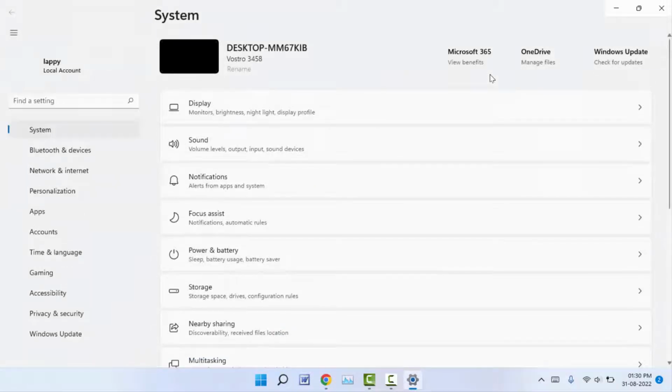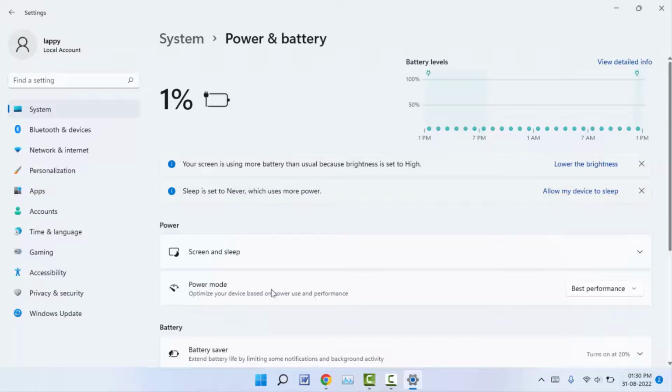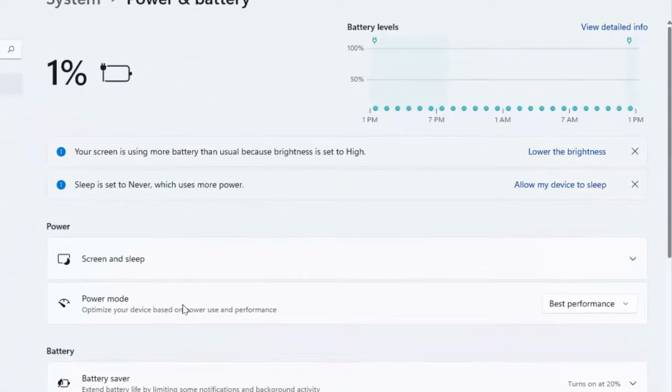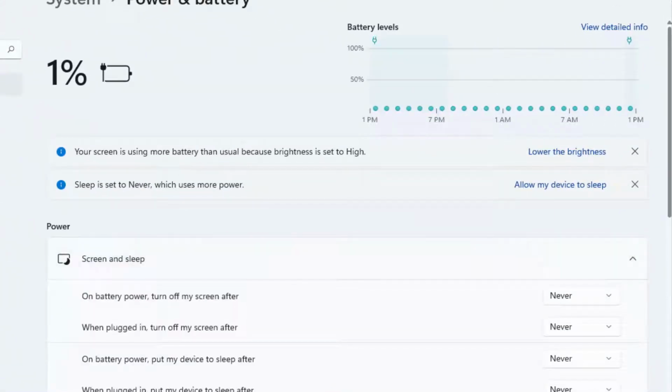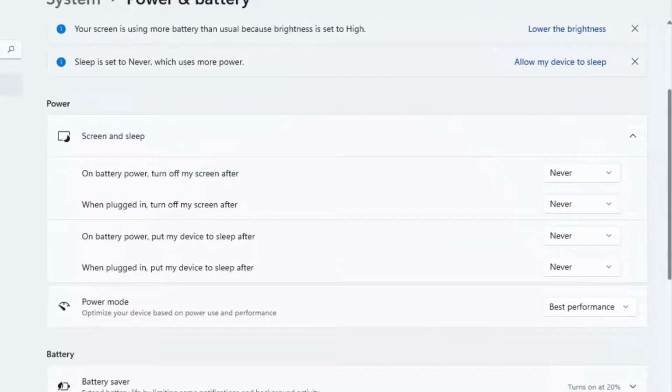In the settings, go to System, and in System find the Power and battery option, click and open it. Here you can get the option Screen and sleep. Just click and open it, and here slightly scroll down. Here you can get the sleep settings option: on battery power, turn off my screen